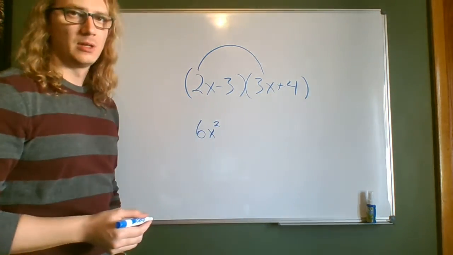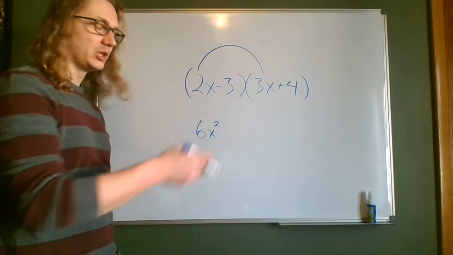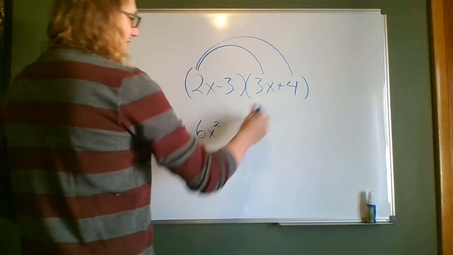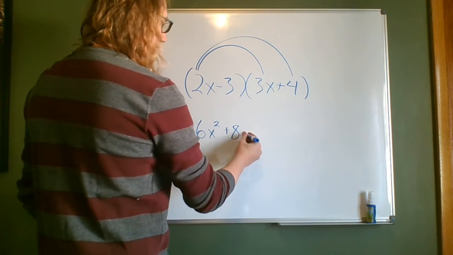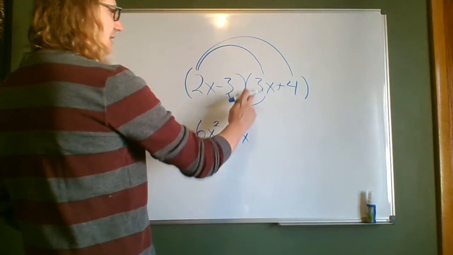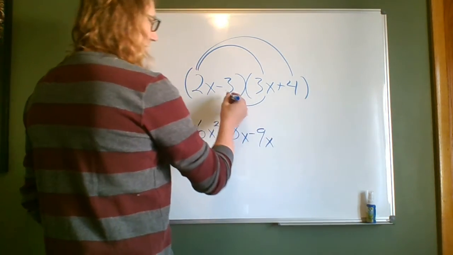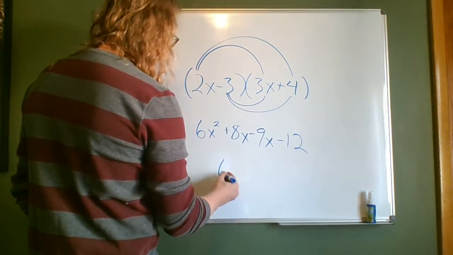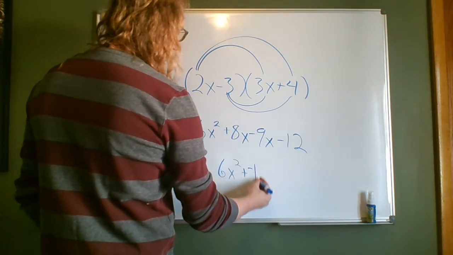And that's how I like to do it. Treat the numbers like numbers and multiply them together. Then treat the variables like variables and multiply them together. So we've got 6x squared. 2x then times 4. 2 times 4 is 8. Positive 8. X times, well, there's no x over there, so it'll just stay an x. Negative 3 times 3x. Negative 3 times 3 is a negative 9. There's just that x. And then negative 3 times 4 will give me a negative 12. And we'll have 6x squared plus, it'll actually be a negative 1x